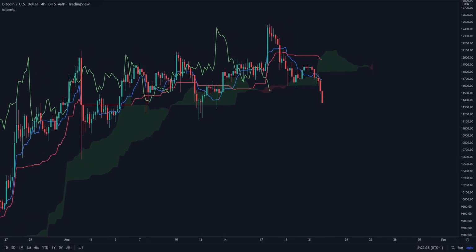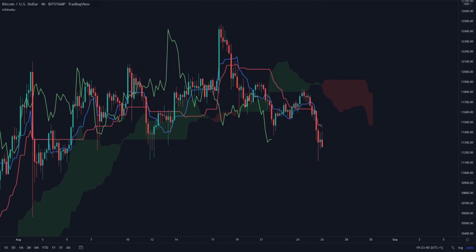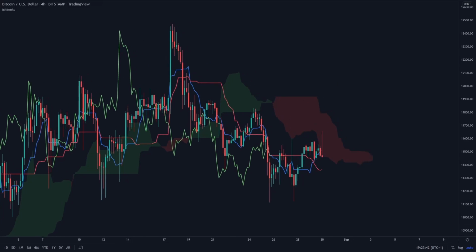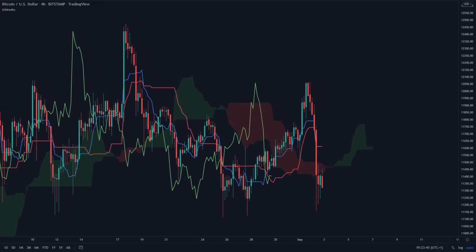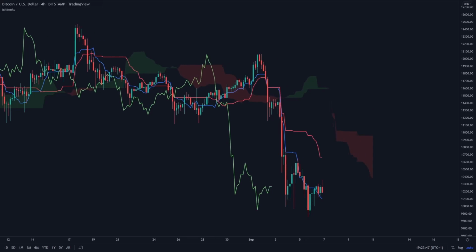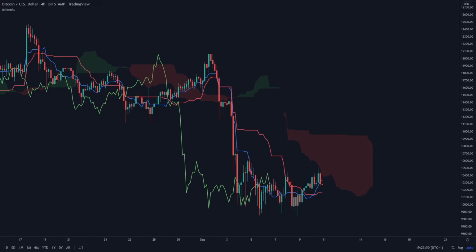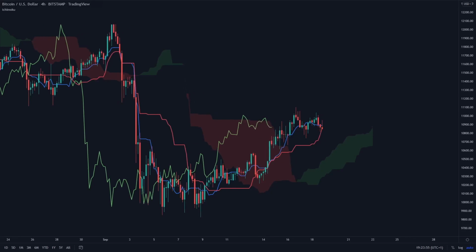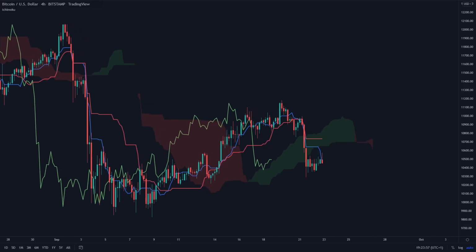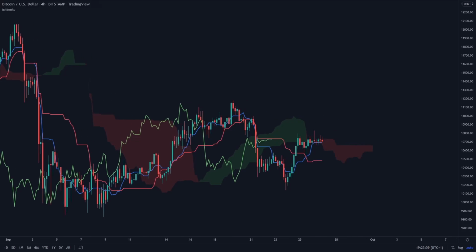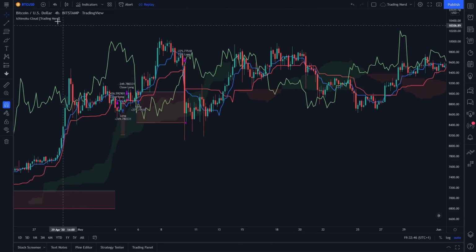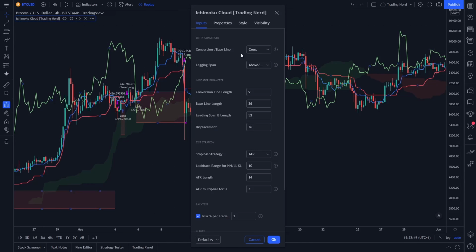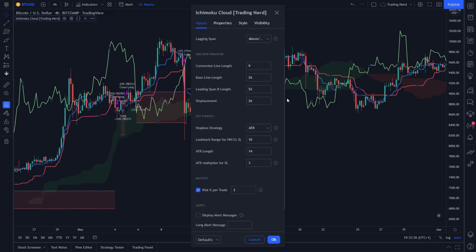Since the chart can look confusing and some of the lines are shifted into the future and into the past, it can be very frustrating to manually backtest an Ichimoku Cloud strategy. This is only one advantage of automated backtesting over manual. I made a whole video about the comparison of manual versus automated backtesting. I will link it here in the info card. So I coded a strategy with all its variations in PineScript, the programming language for TradingView strategies. And what these variations are, we will consider now.